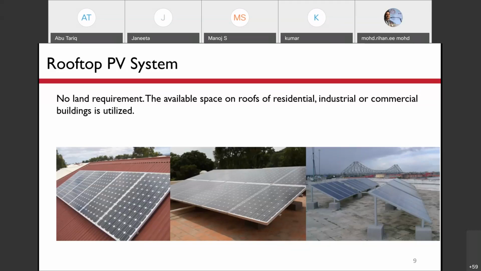This space was lying vacant and had no purpose. Now it can be used to install the PV array, and the energy generated can be used by the building itself, or it can be fed to the grid. So that will reduce the electricity bill of the person who installed this rooftop system.